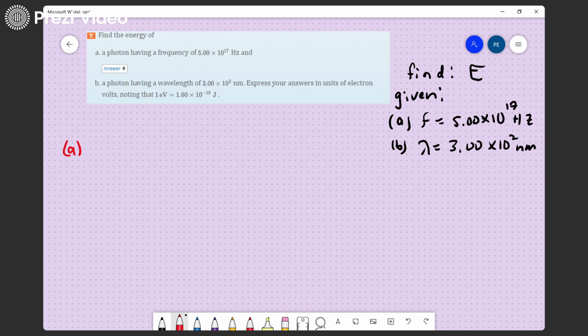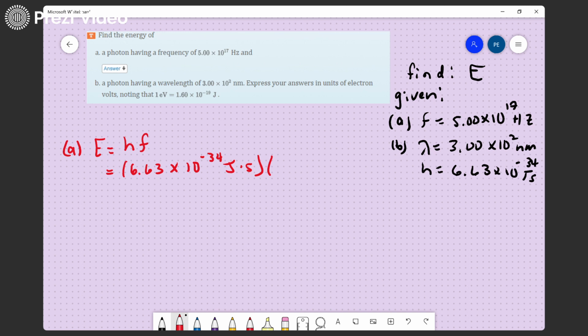we know from lecture that the energy is equal to H, which is Planck's constant, times the frequency. So we know that Planck's constant is equal to 6.63 times 10 to the negative 34 joule seconds. Okay, that is Planck's constant. But let's calculate that energy. So if we know Planck's constant is 6.63 times 10 to the negative 34 joules times